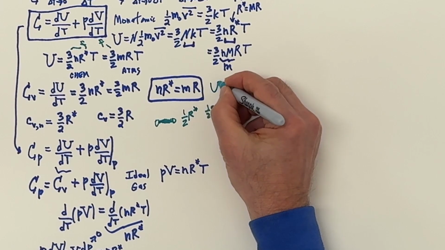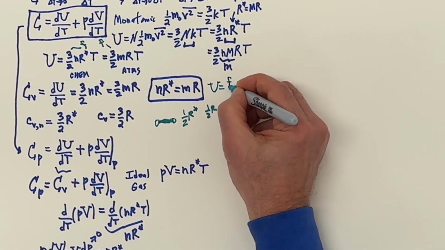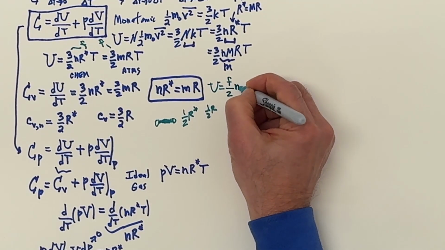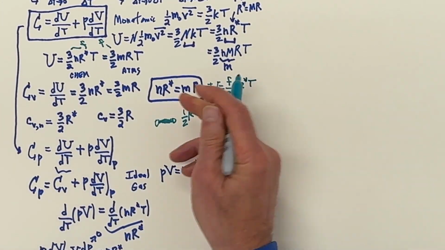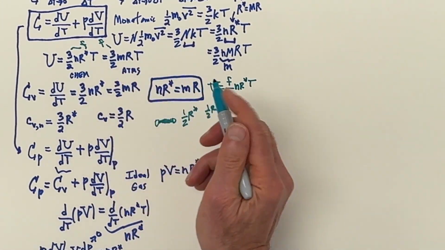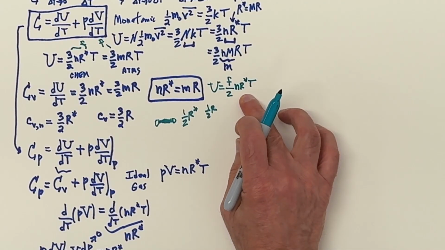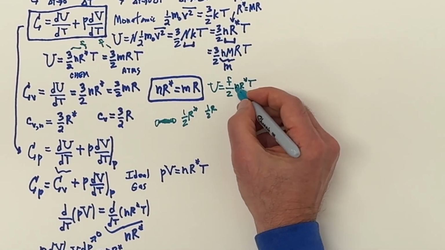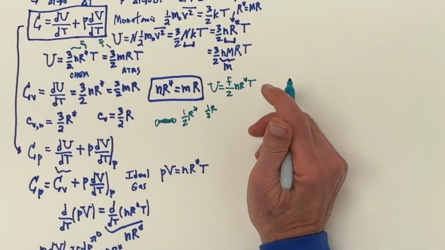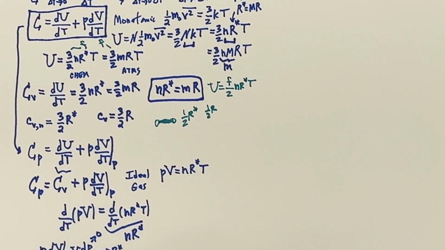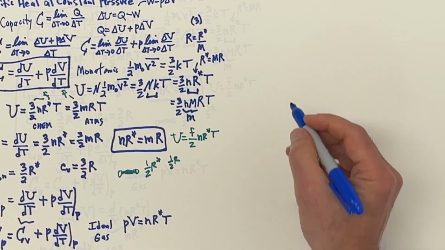So general formula, f over 2 and R star T. The other form you could have it with the M R, but just leave it like this, so that for each degree of freedom you pick up a 1/2 and R star T. Okay, so what we're going to do for the last part of our class today is